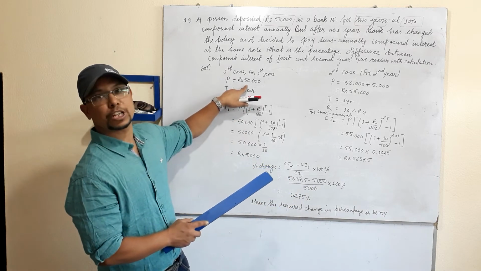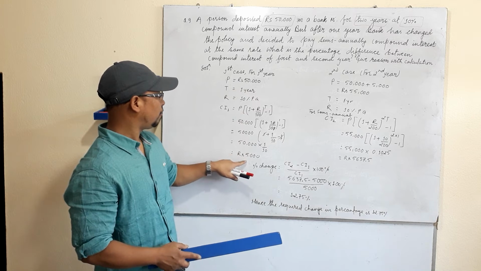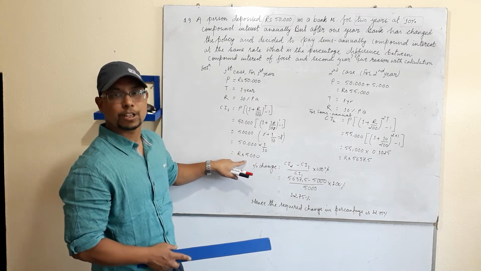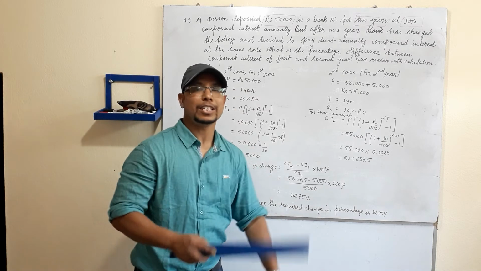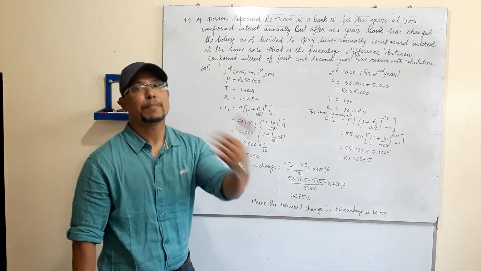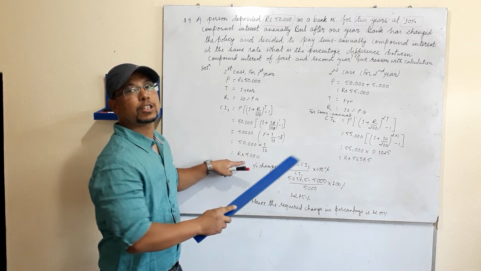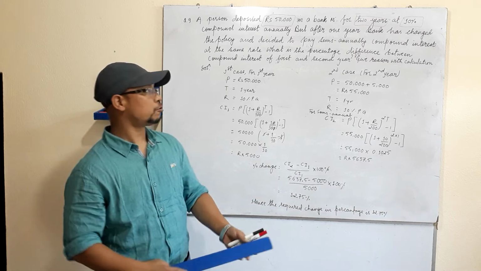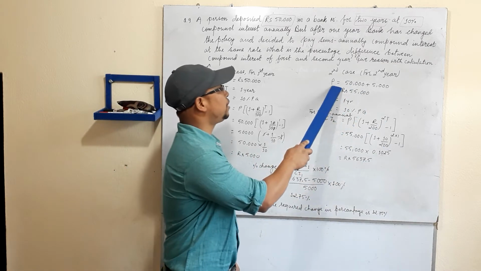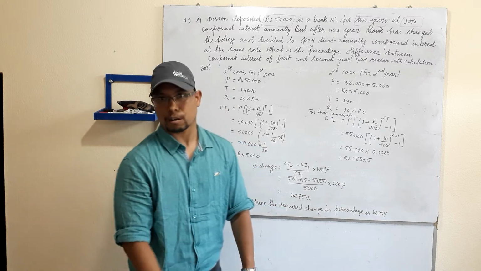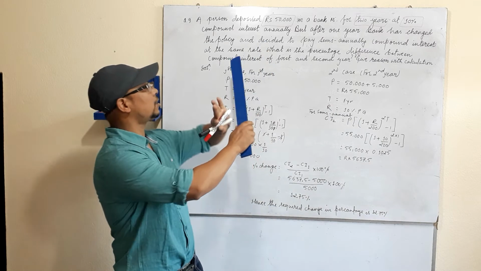Previously you deposited 50,000 and you got 5,000 as interest. So in your bank account there will be 50,000 plus 5,000, which is 55,000. So for the second year your principal will be 55,000,